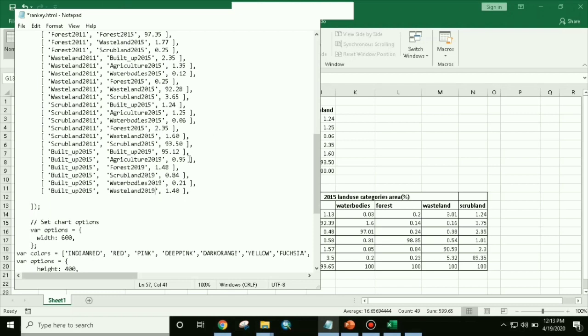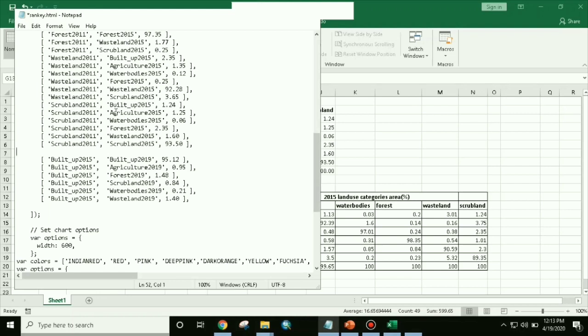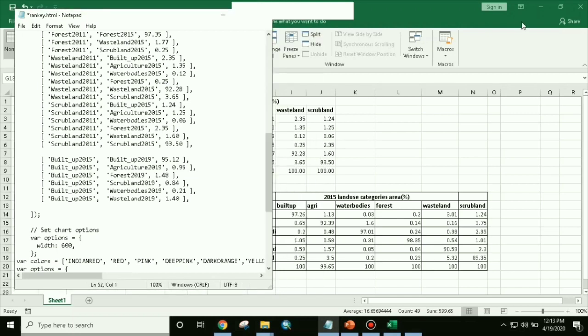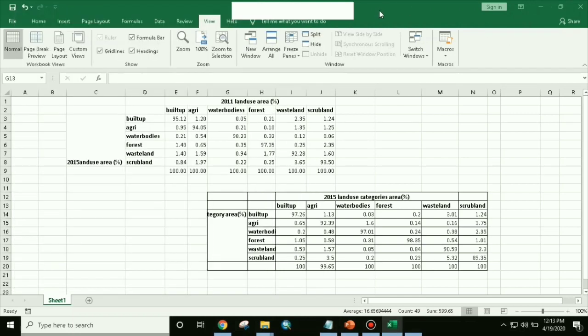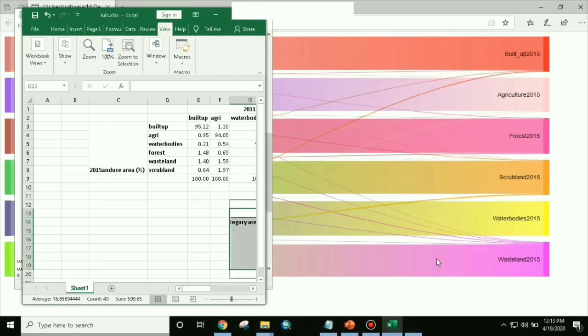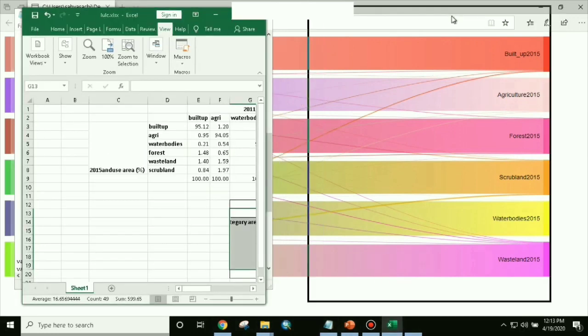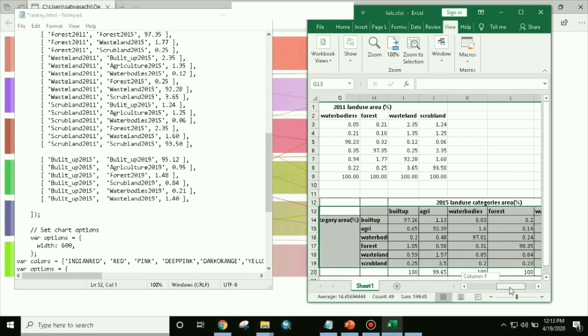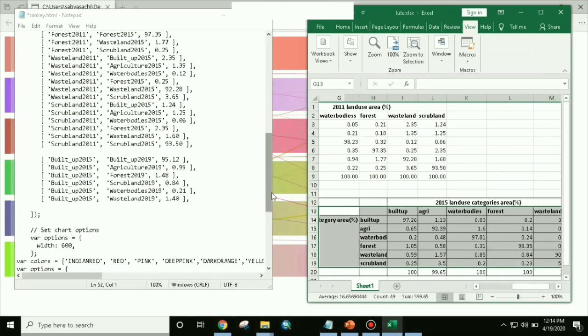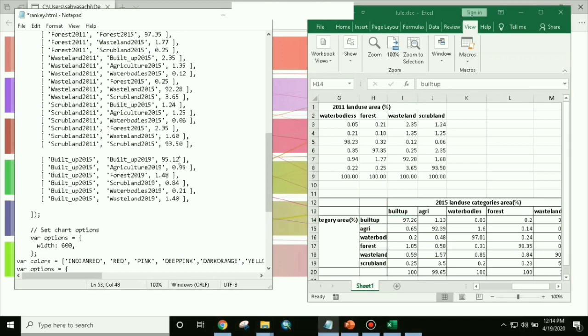Now from here it is starting another year, from 2015 to 2019. Now here we are focusing. If you see in our data, from built up 2015 to built up, how much? 97.26.